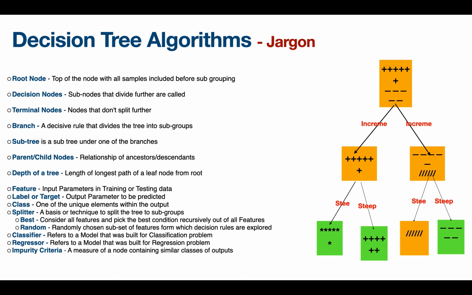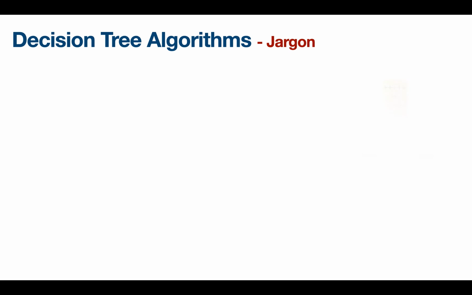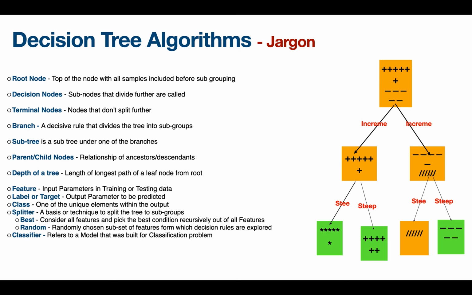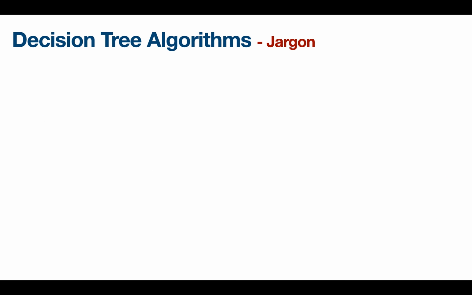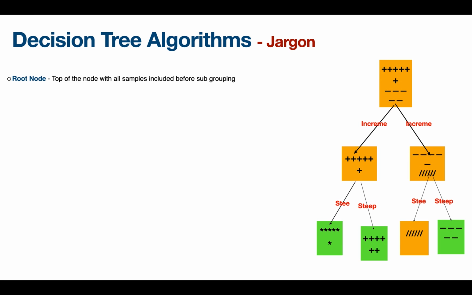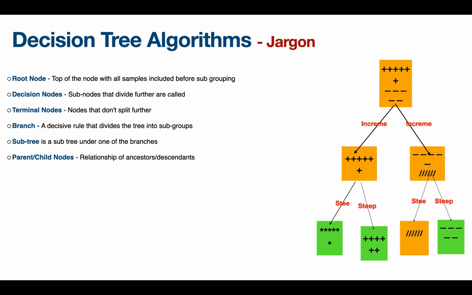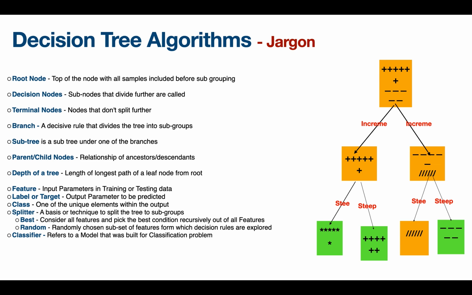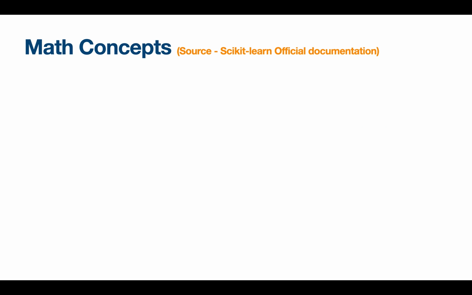So there are some statistical techniques to measure them. We will see in the math infusion, but that is what an impurity criteria means. I think mostly these are the terms that we normally need to be aware of when we are learning the decision tree algorithm. Many of them are basic in nature, but some of them could be very specific to the model or to machine learning terminology. But otherwise, I think it's good to have these terms clarified, so that when we move towards the implementations, things will be much clearer, right?